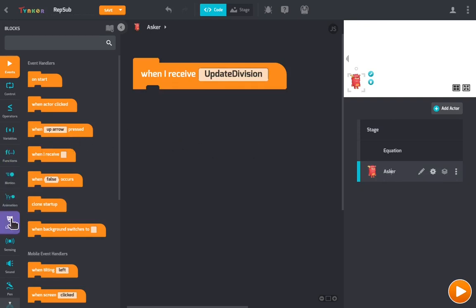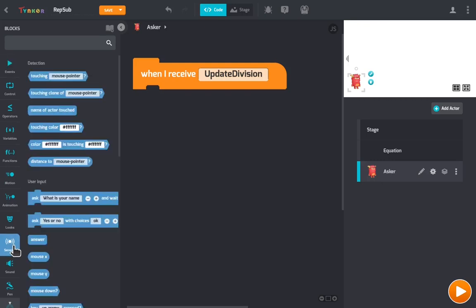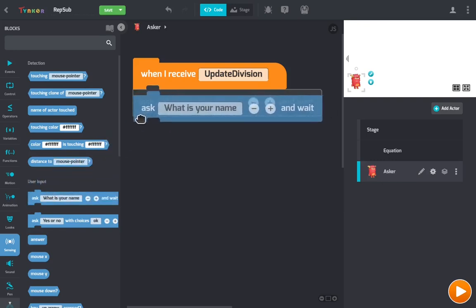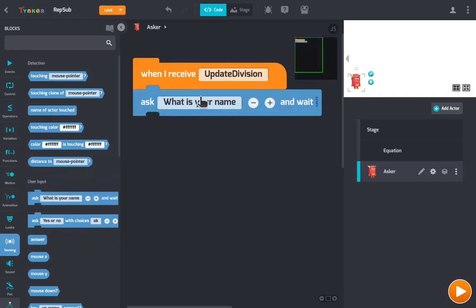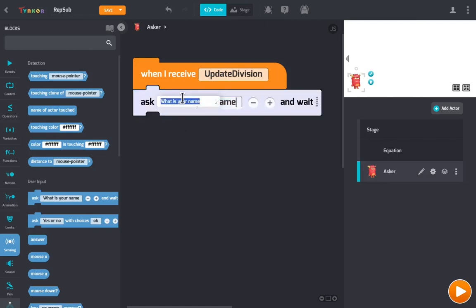So to ask the user something, we're going to have to go down to the sensing menu. It's the light blue menu here. And under user input, we want the first ask, not the second ask, but the first ask under user input, the one that says, what is your name? And then it has the minus and the plus. But we're going to ask how many groups of the divisor that the user wants to take away from the dividend. So we'll just say how many groups,